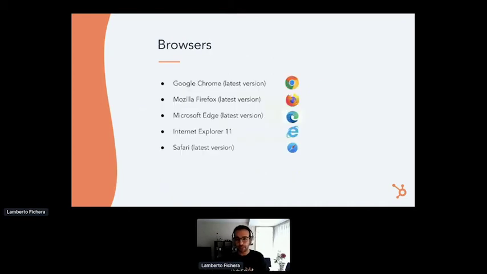Right, so browser support. Chrome, Firefox, Edge, IE, and Safari are basically the main supported browsers that we have, and we want to cover them all.